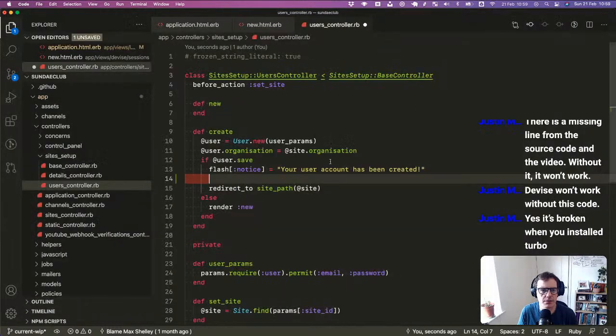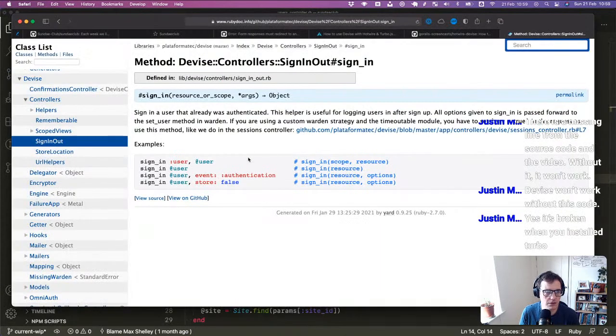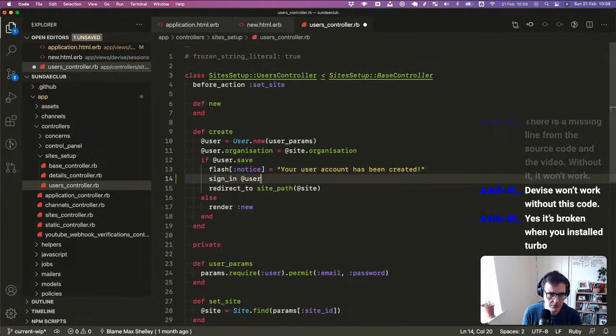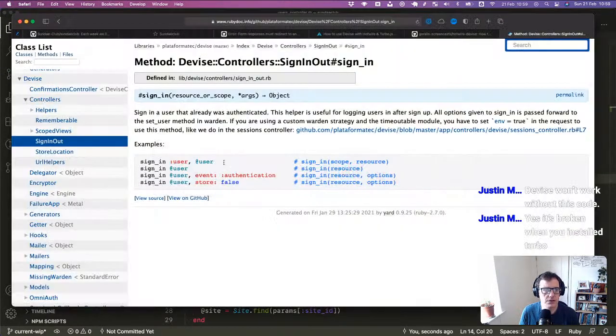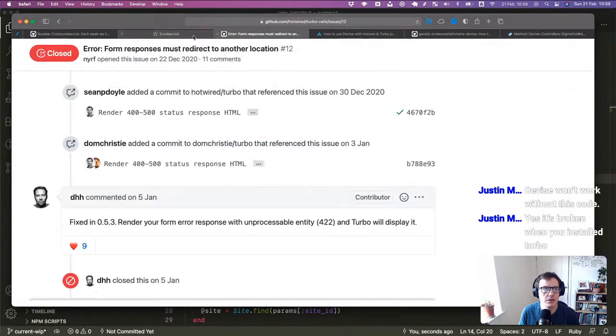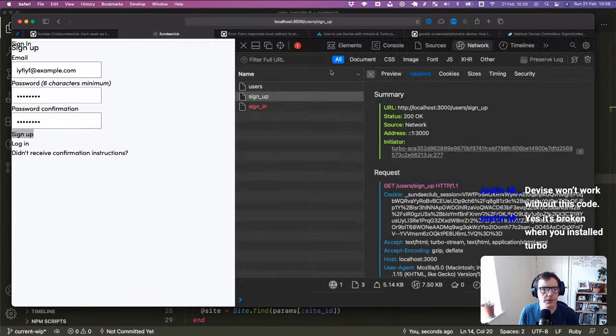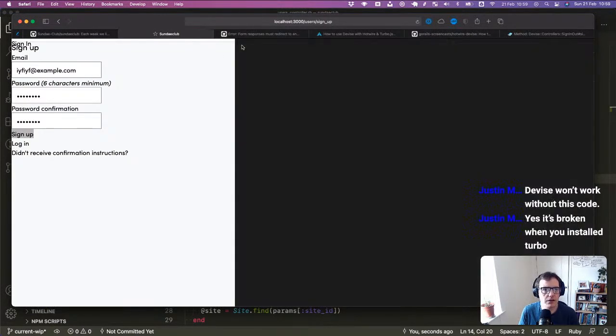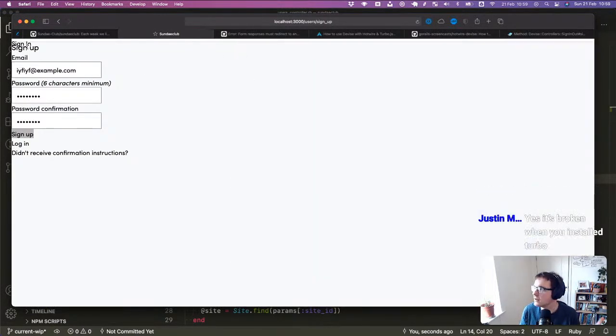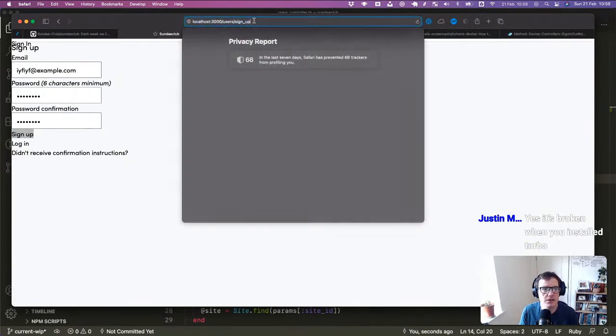I'm using it now to sign up. So can we just do this for now, just as a quick workaround? So sign in user. So then we know we've got a broken Devise, which is fine. We'll work on that separately, but it looks like that's a known thing. So that's fine. But we can just go back to our homepage, because all we need is a user